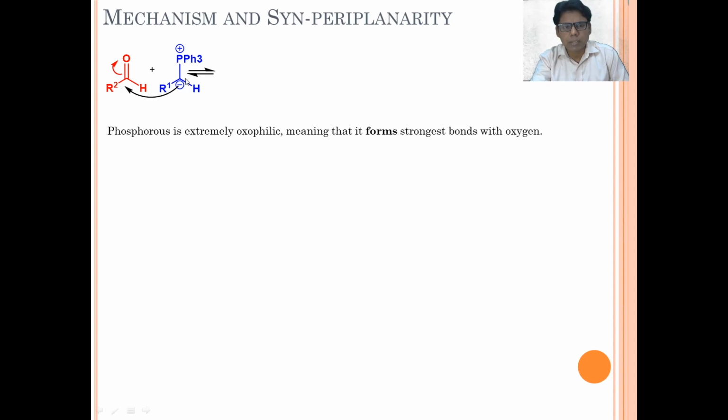At the outset, the nucleophilic carbon attacks the carbonyl carbon because this is electrophilic in nature by virtue of being attached to carbonyl oxygen. So this is attacking here, electron will move like this. So we'll get another structure. So this is dipolar structure having O minus and P positive charge. This is called as betaine.